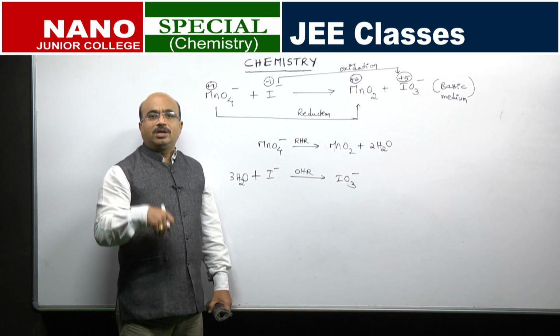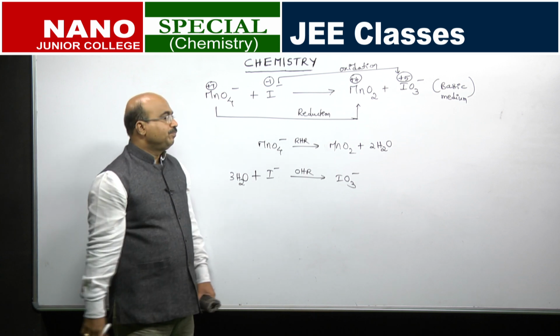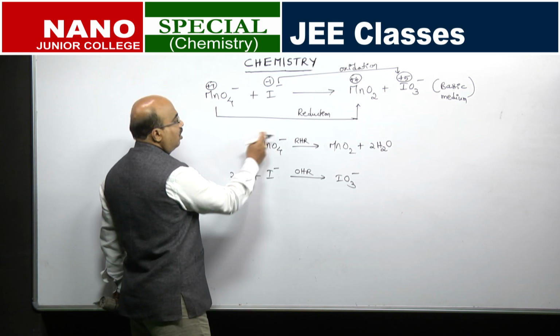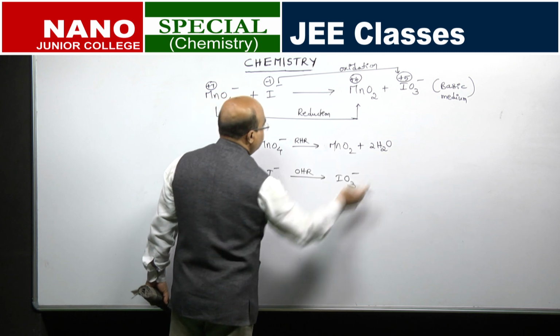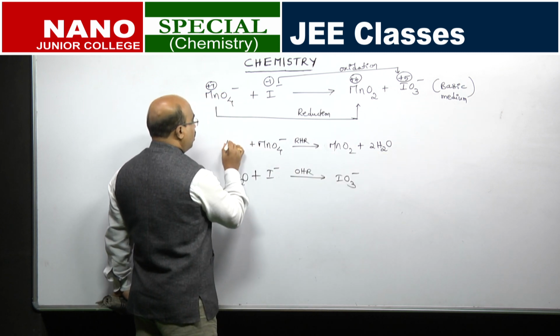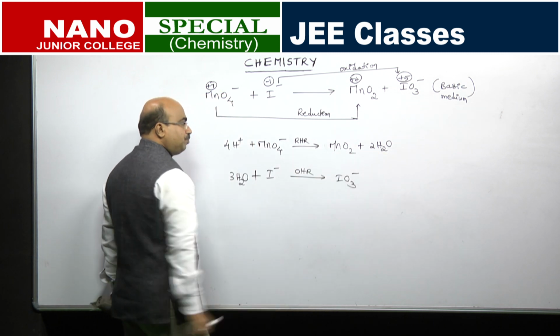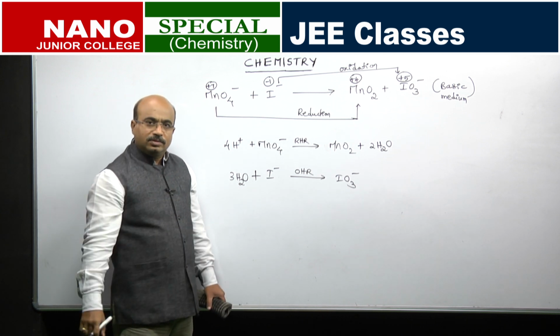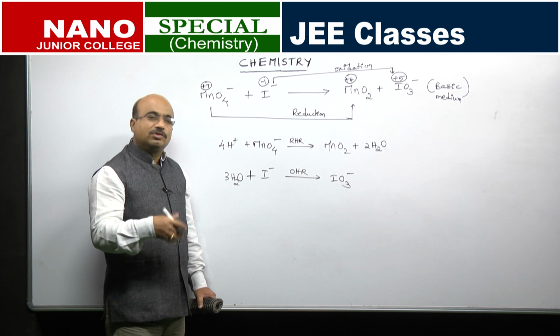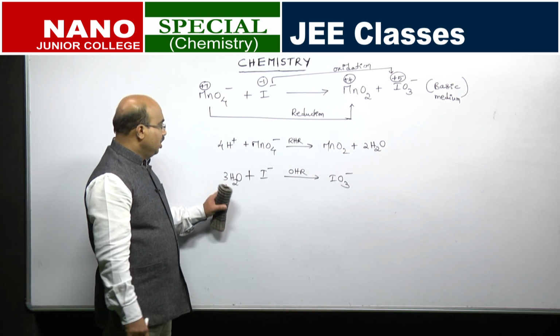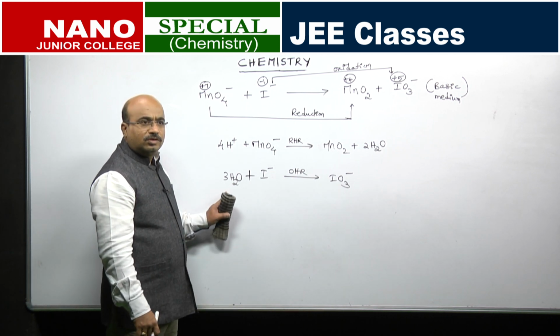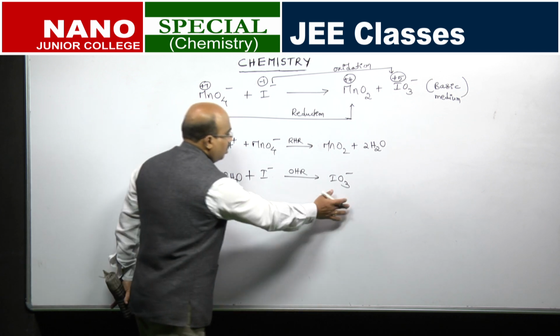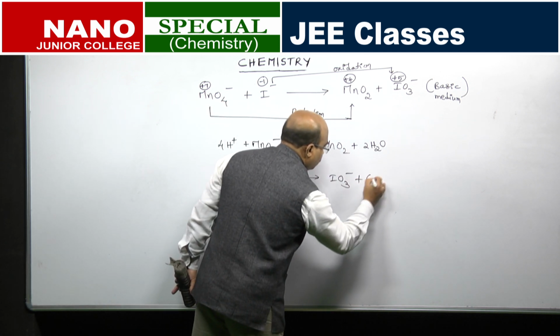Balance hydrogen atoms by adding H plus. 0 on this side, we are having 4 here. So, add 4 H plus here. Now, first systematically do with H plus, we will come to know later stages slowly. Now, here it is 6 here, 0 here. So, we write 6 H plus here.